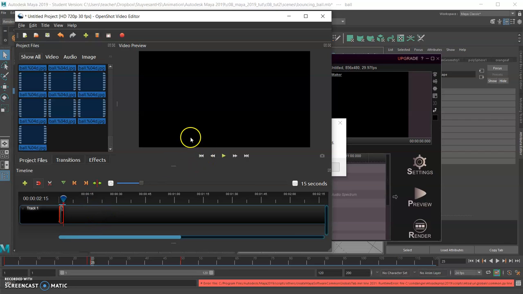Now that was only one bounce. So I'm going to take this again and drag another one just so we can see it. It's going to look kind of unnatural because it's going to stick in the air. I'm going to pull this back to the front and play the preview again. Go up in air,